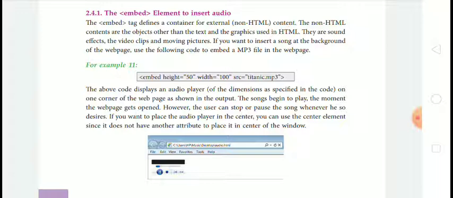If you want to insert a song in the background of the web page, use the following code to embed an MP3 file in the web page. Means if you want to insert any audio or video in your web page, use the embed tag.